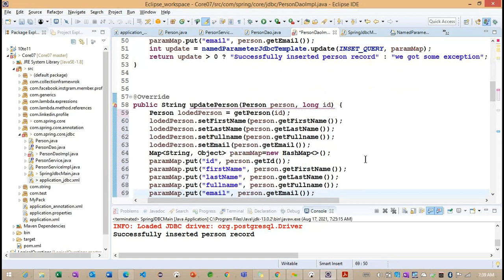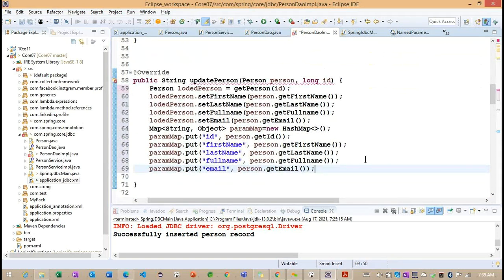Now I'm creating one more map here to update this information.